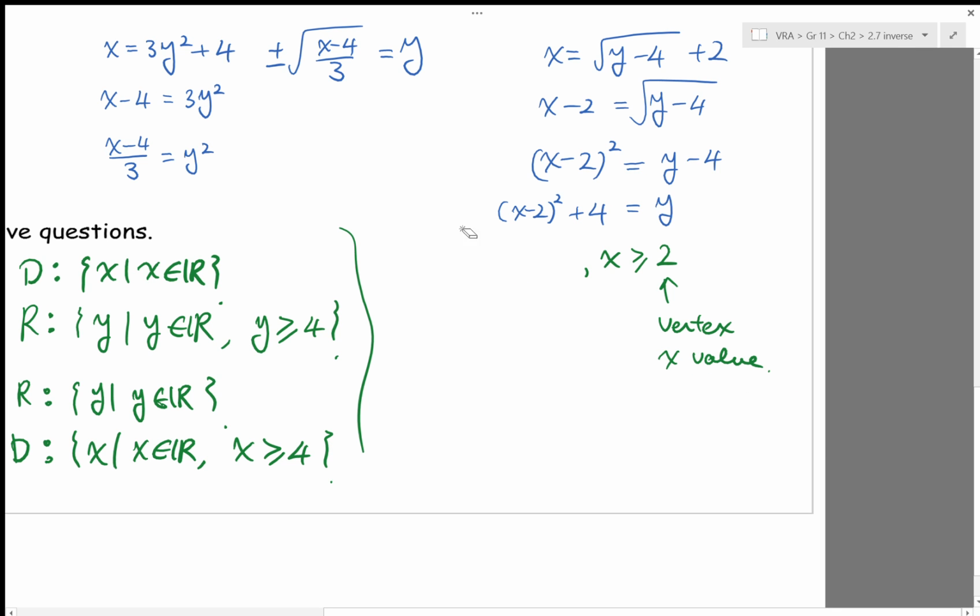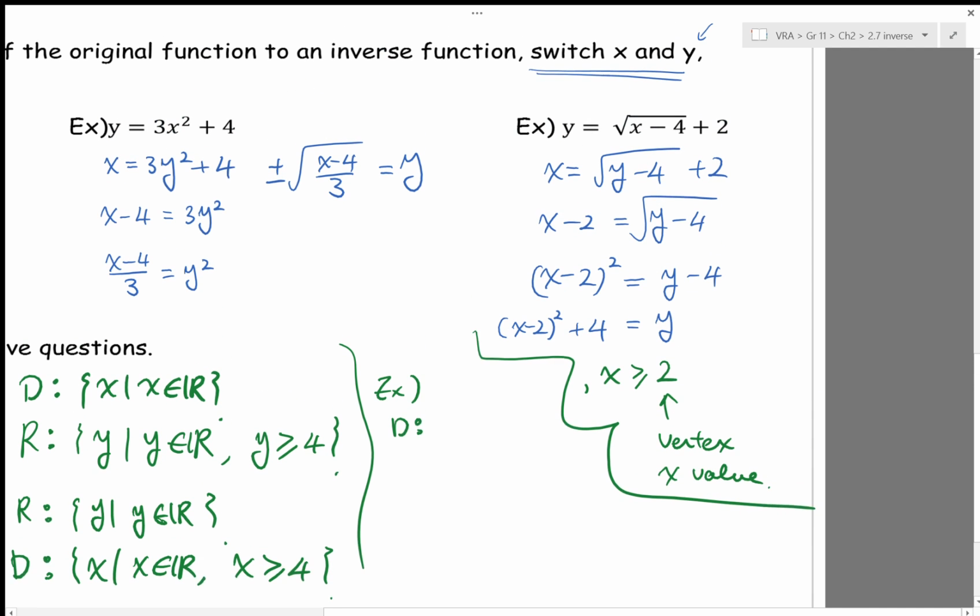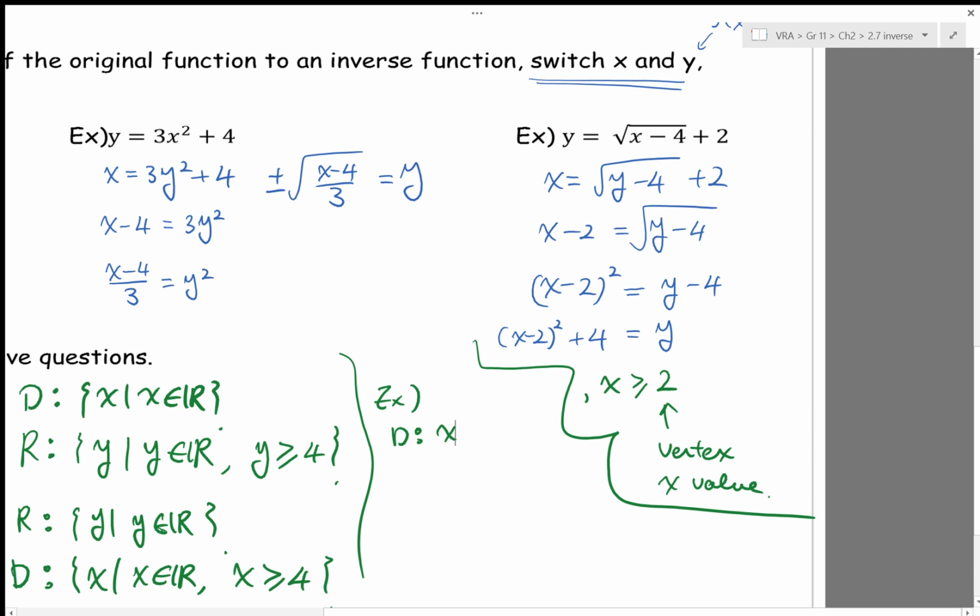I'm just going to draw a line so that we have enough space. So for this one, the domain is x such that x is an element of the real numbers, but the restriction is that x has to be greater than or equal to 4. That's because our radical cannot have a negative number inside in the real number system, so x has to be greater than or equal to 4, so that the inside of the square root sign becomes either 0 or a positive number. Now the range has to be y such that y is an element of the real numbers,